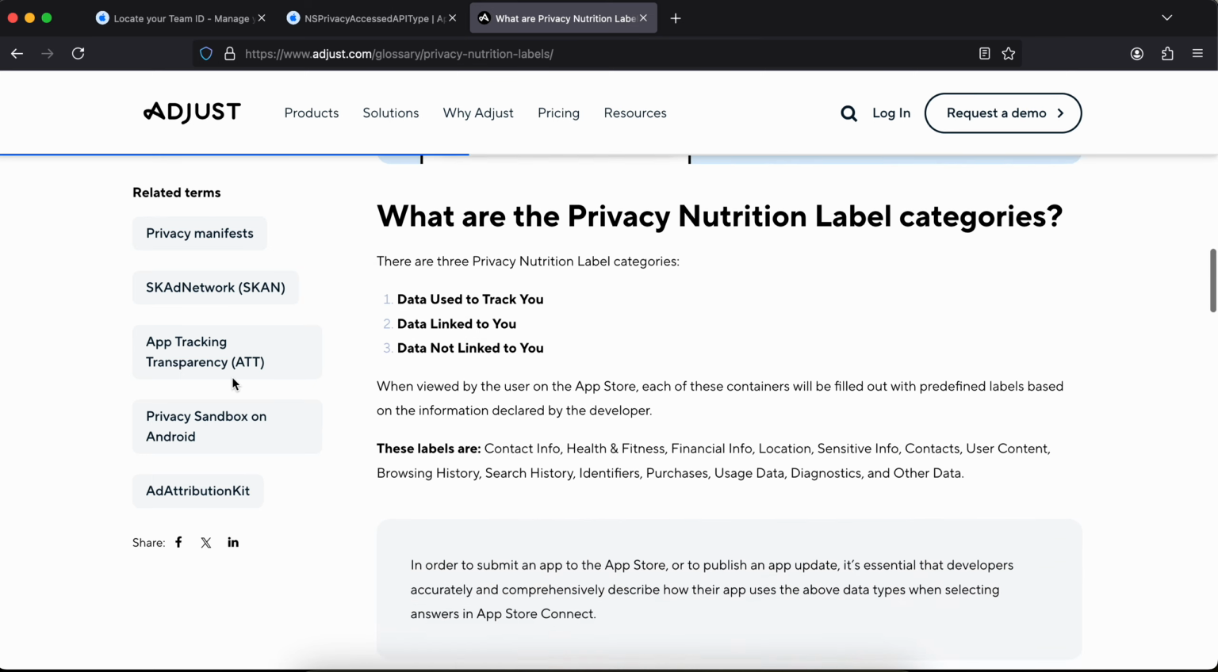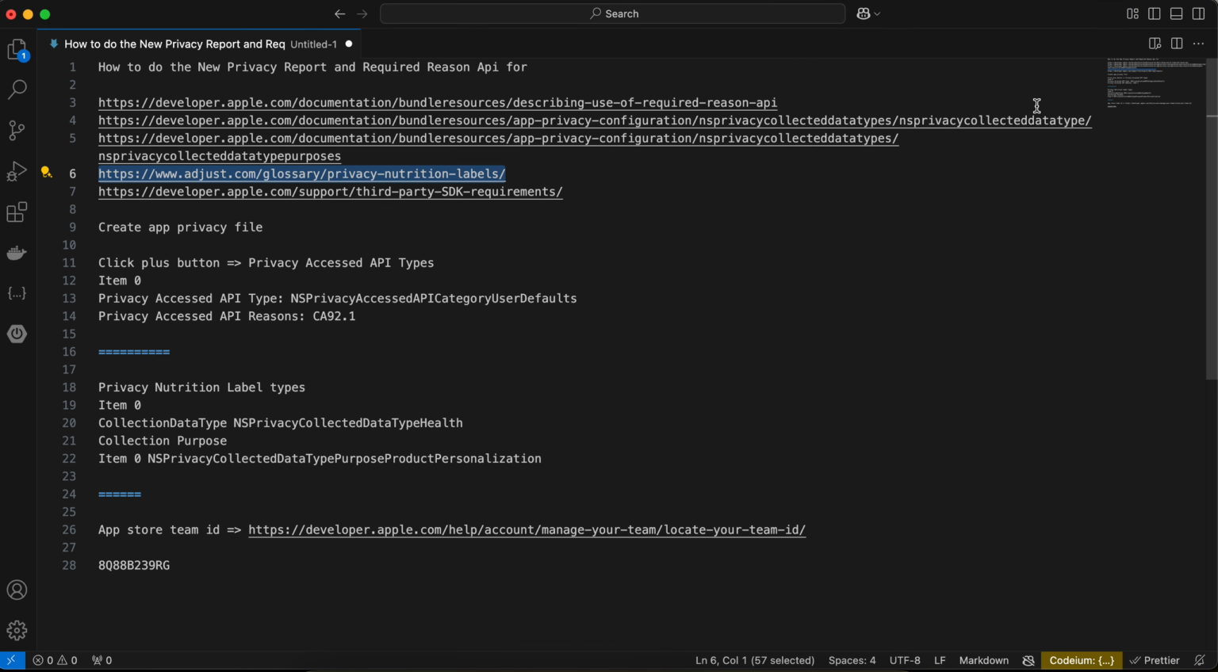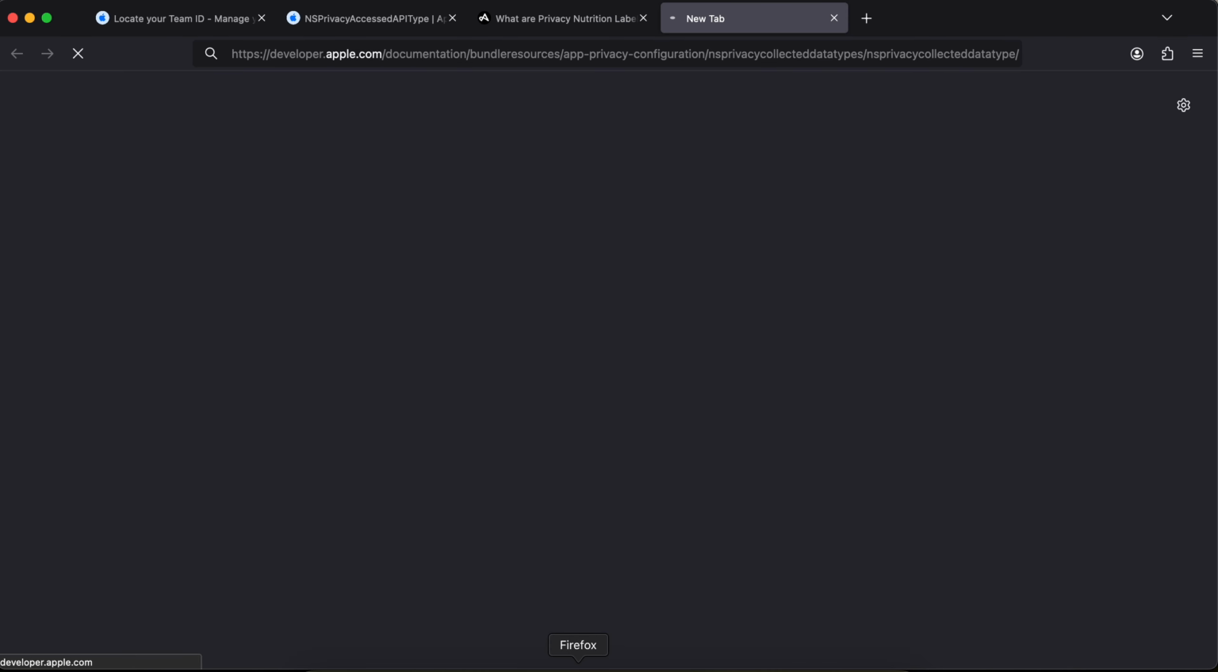If you see over here, whenever we are accessing contact info, health and fitness, financial loan, location, sensitive info, contacts, user content, browsing history, all this stuff. Suppose we are accessing health and fitness data of the user, then what you will have to do, firstly we will have to go to this particular URL over here. Okay, so I'll just open this,